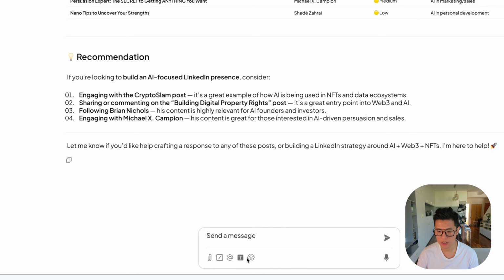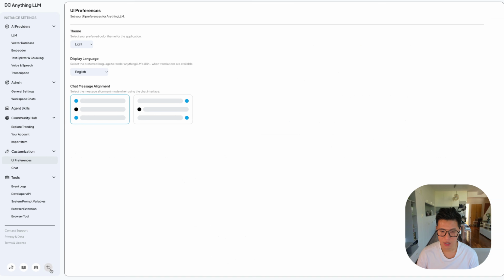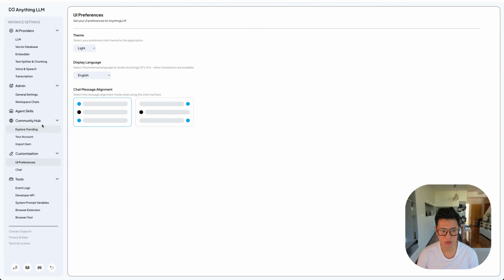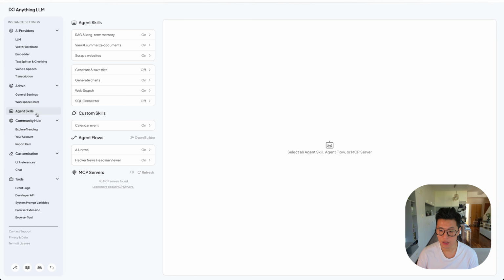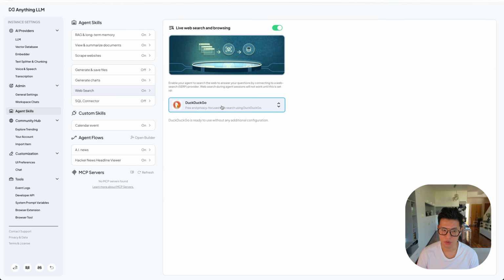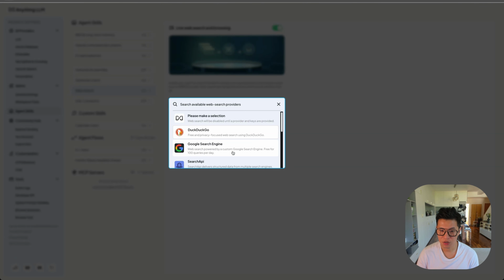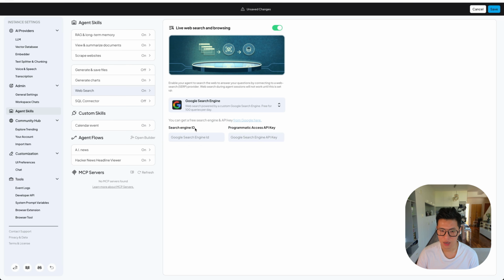And so that basically explains all the features down here. And I do want to give an additional tip here, which is in LM Studio, you can only use DuckDuckGo, but DuckDuckGo, from my experience, doesn't give you the best results. So you can come here to web search and you can choose Google and you get 100 queries per day for free. So I'll click here and then you'll need to search for your engine ID and access API key from Google. So you click here, grab that key and paste it in,